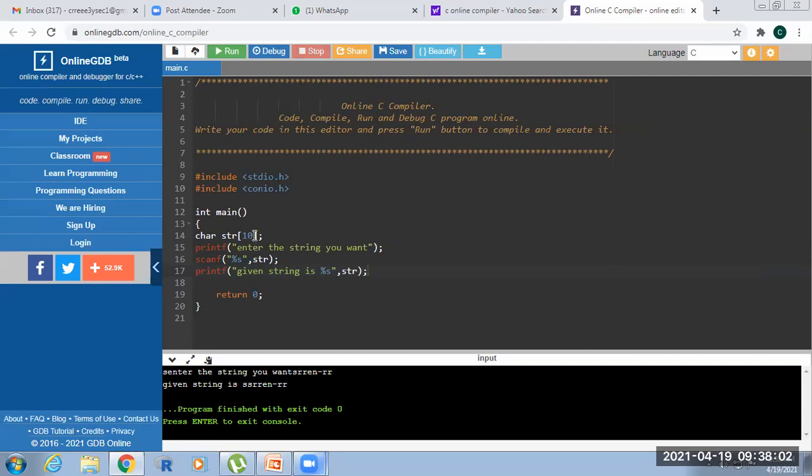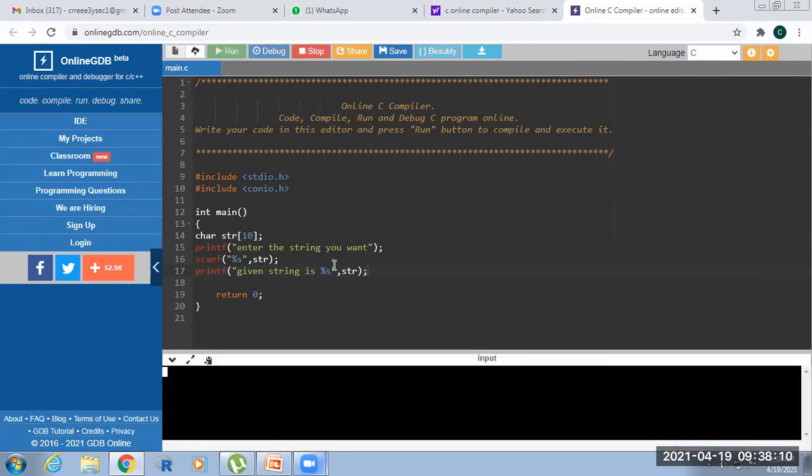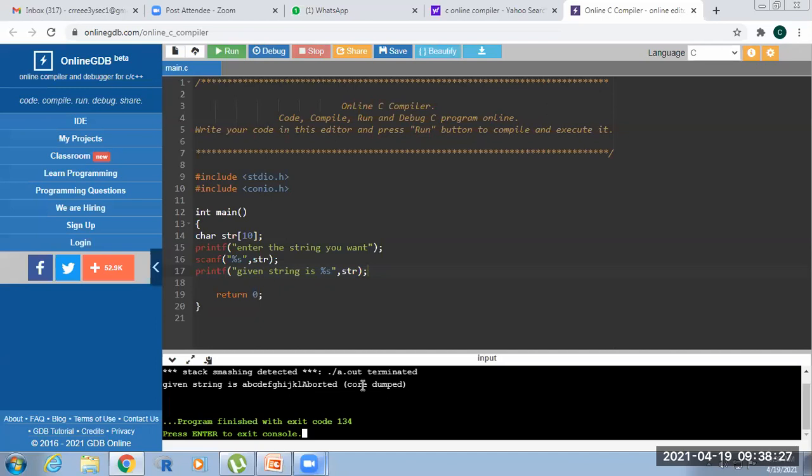If I gave size only 10 and you exceed the size, then it will print only the elements within the size of the array. Okay, here E C D E F G H I J K L. Only up to 10 letters will print. So if you exceed the size, it will print only those elements within the size of 10. Okay, so in this way you can represent a string.